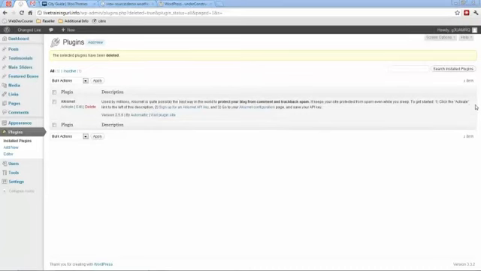Just in terms of coding them, the actual code to creating plugins and or widgets is much more intensive than even that of creating a theme. So that's just something else to be aware of. If looking at the theme instruction was a little bit challenging for you, then you're probably not going to want to go down the path of plugin and or widget creation, because by and large,